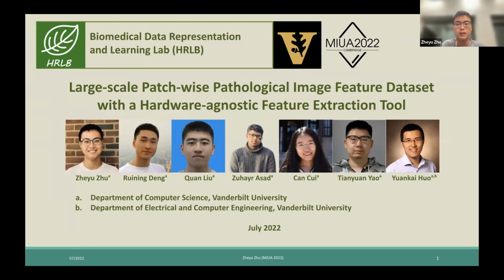Okay. Hi, my name is Zeyuzu, and I'm a member of Biomedical Data Representation and Learning Lab. And today I'm going to present our paper. The contribution of this study is fivefold. Firstly, we released a foreground patch level feature dataset, saving 92.1% of the storage space and 140 days